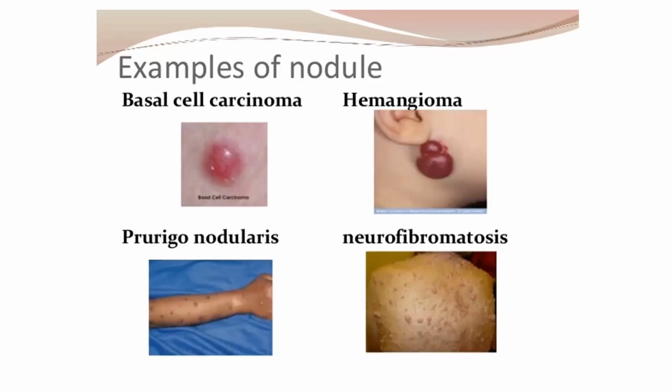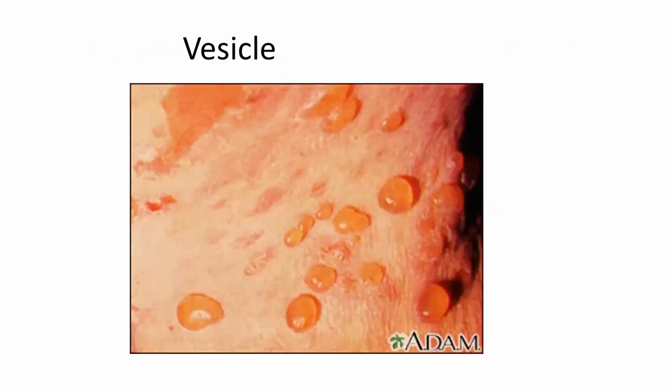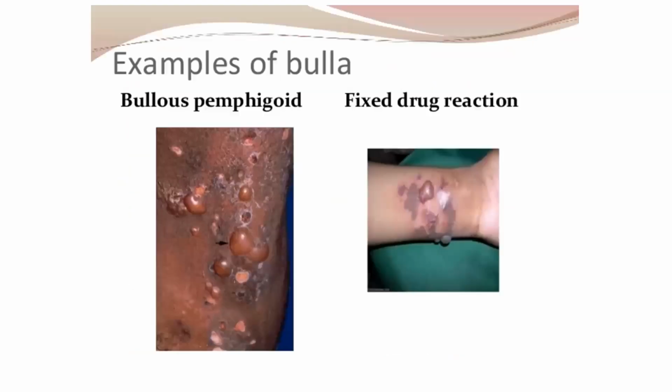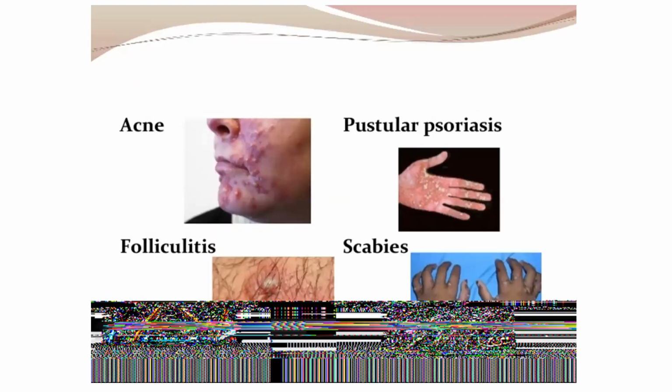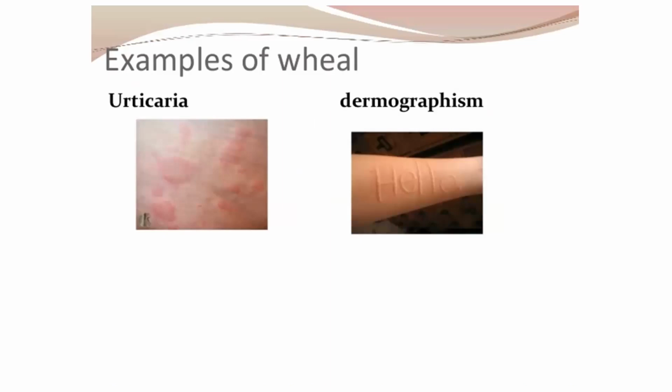Nodules, you know that nodules have a body underneath the skin as well. So they're spherical and they're not just superficially elevated like a papule. So examples of nodules are basal cell carcinoma, prurigo, neurofibromatosis, hemangioma. Vesicle, small fluid-filled blister, less than 0.5 to 1 centimeter, clear fluid. Then enlarged blister and further enlarged bulla, like bullous pemphigoid and fixed drug eruption. Then pustules, small, less than 0.5 to 1 centimeter, pus-filled lesion, like in acne, pustular psoriasis, folliculitis, and scabies. Then wheals, urticaria and dermographism,